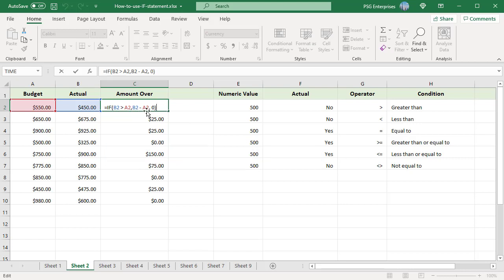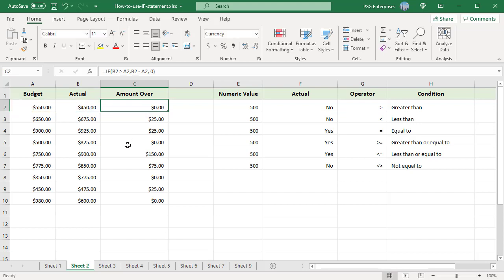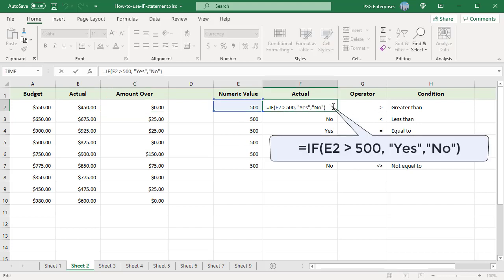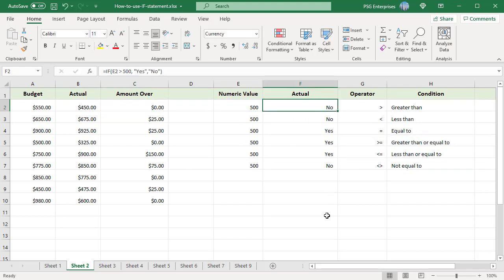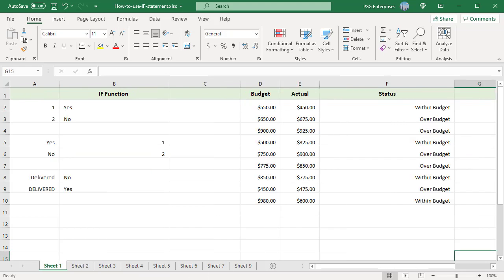Using the IF function with numeric values is based on different comparison operators to express the conditions. For example, use the greater than operator to check if the value in E2 is greater than 500 and return yes or no. You can use less than, equal to, etc. For case-sensitive logic, use the IF function in combination with EXACT, which compares two text strings and returns true if the strings are the same, otherwise it returns false.